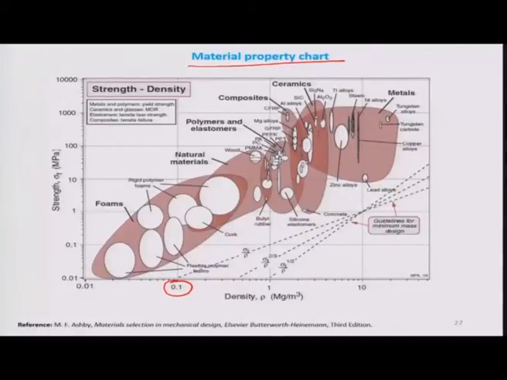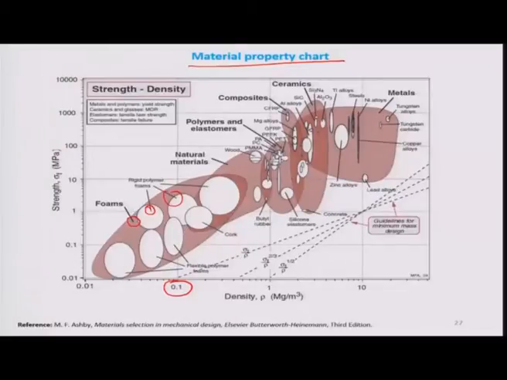Rigid polymer foams; different types of foams are available. From this chart we can easily select the groups of materials that can be used for fabrication of your product.